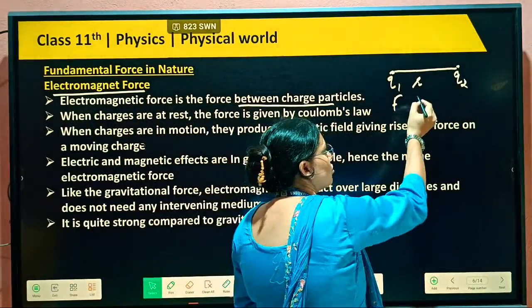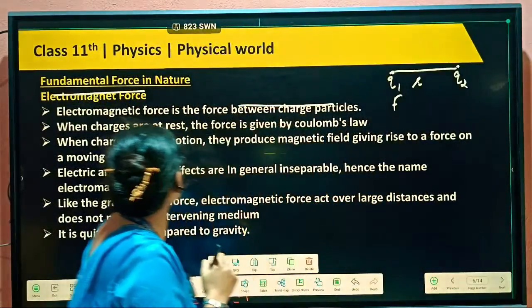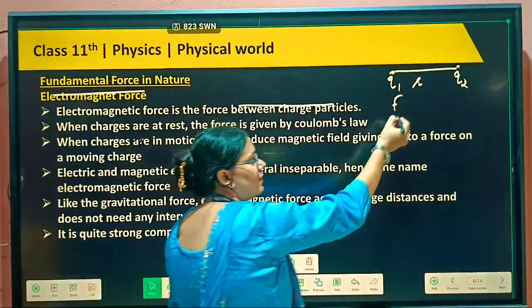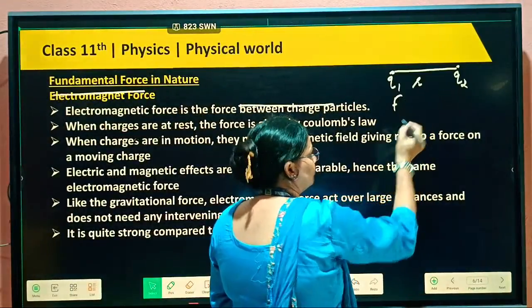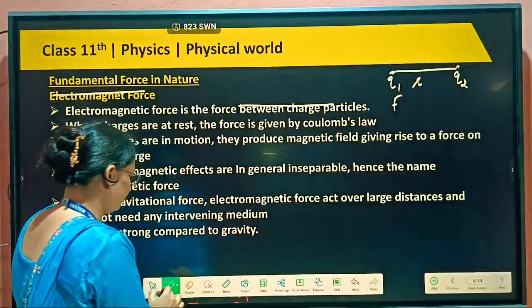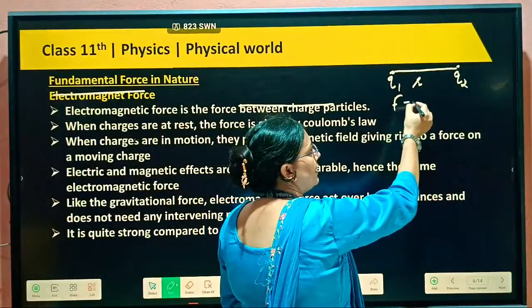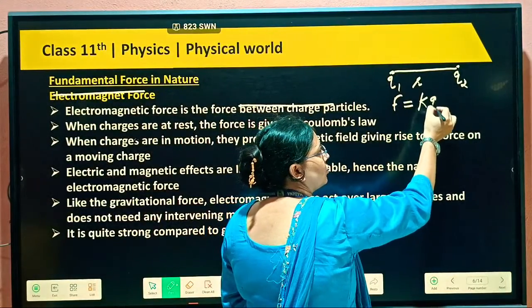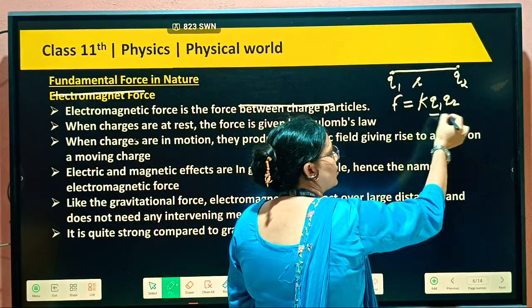This is mostly similar to gravitation. Here this force will be equal to